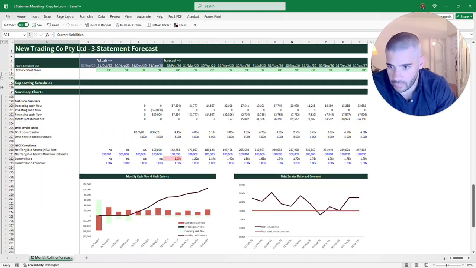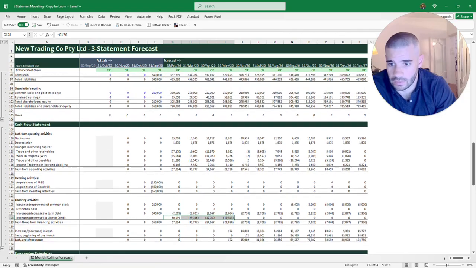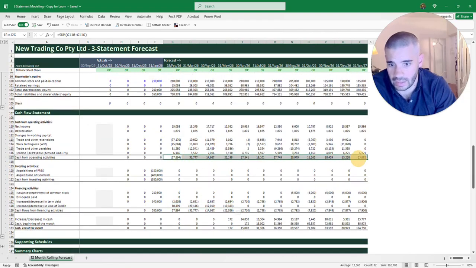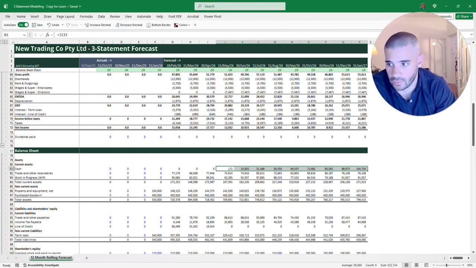So these are our outputs here, and you would be reviewing this and looking at the draw on the line of credit as one. The bank would be interested in this. You would obviously be interested in your operating cash flow, your cash in bank, and your actual accounting profit of the business,